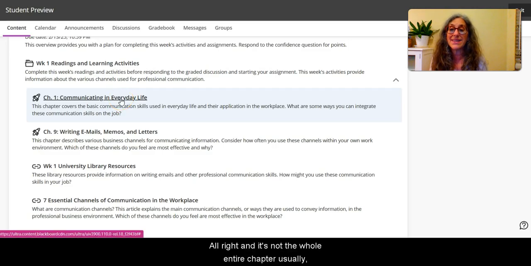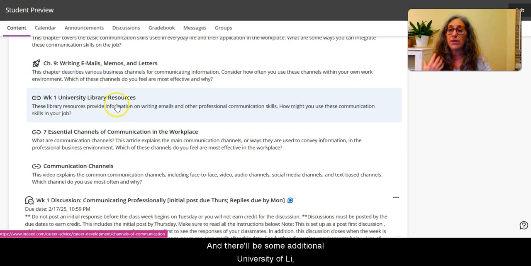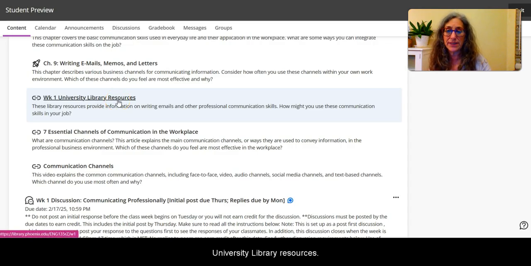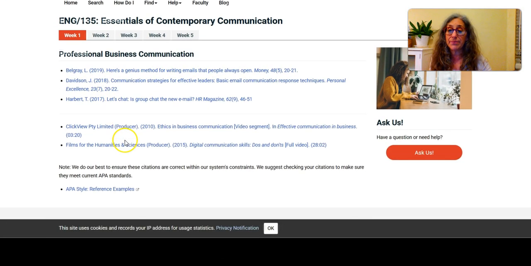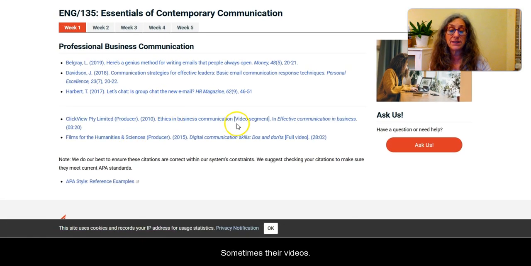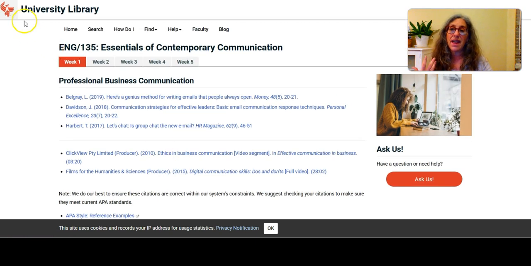All right. And it's not the whole entire chapters usually, it's parts of it. And so what you need to read will be right here. And there'll be some additional university library resources. Those could be readings. Sometimes they're videos. Sometimes there's little activities, a link to APA reference examples. And then